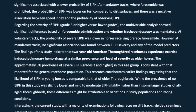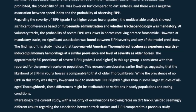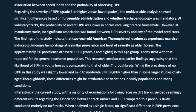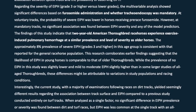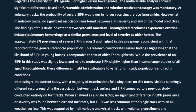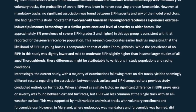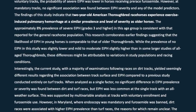The findings of this study indicate that 2-year-old American thoroughbred racehorses experience exercise-induced pulmonary hemorrhage at a similar prevalence and level of severity as older horses. The approximately 8% prevalence of severe EIPH, grades 3 and higher, in this age group is consistent with that reported for the general racehorse population. This research corroborates earlier findings suggesting that the likelihood of EIPH in young horses is comparable to that of older thoroughbreds. While the prevalence of no EIPH in this study was slightly lower and mild to moderate EIPH slightly higher